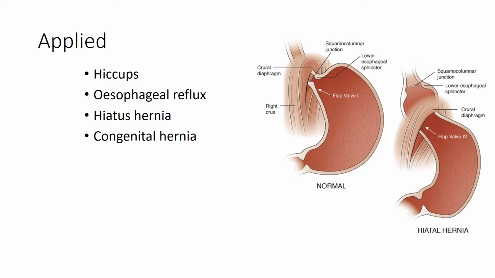And fourth is the congenital type of hernia. It is usually the Bochdalek hernia or the Morgagni hernia, and they are because of a congenital defect in the formation of the diaphragm, through which abdominal content